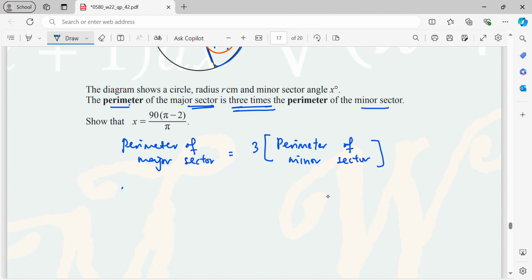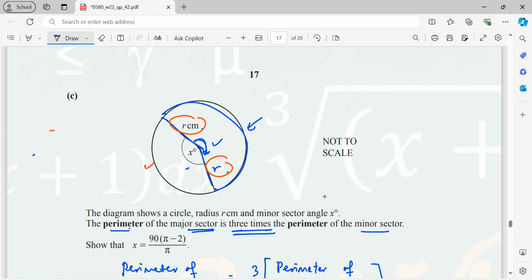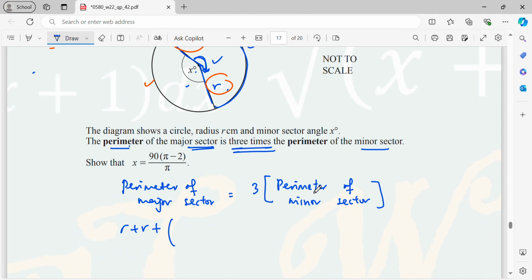So here I will write R plus the arc length. The arc length is basically this angle, which is 360 degrees minus the X, because one circle is 360. So 360 minus X is the angle. This is 360 minus X degrees over 360 times 2 pi R